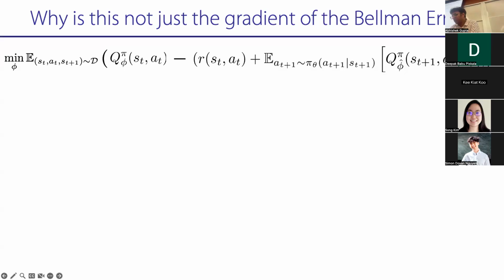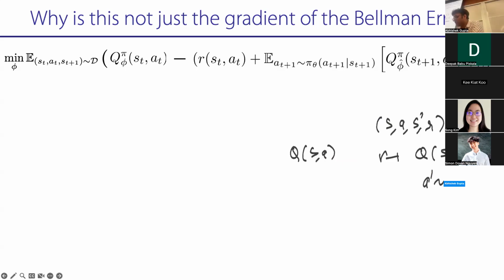Okay, so the way that you will implement this in code is that you'd have some data set, right? Let's say your data set was S, A, S prime, R, yeah? For all the S, A, S prime, Rs, left-hand side is going to be Q(S, A). Right-hand side is going to be R plus Q. You're going to stick in S prime, and then you're going to sample an action A prime from your policy phi at S prime, and then you're going to stick this action in here. That's going to be your target, right? And then you're going to solve it with gradient descent. So you're going to try to solve for the parameters of Q phi with gradient descent. Cool.